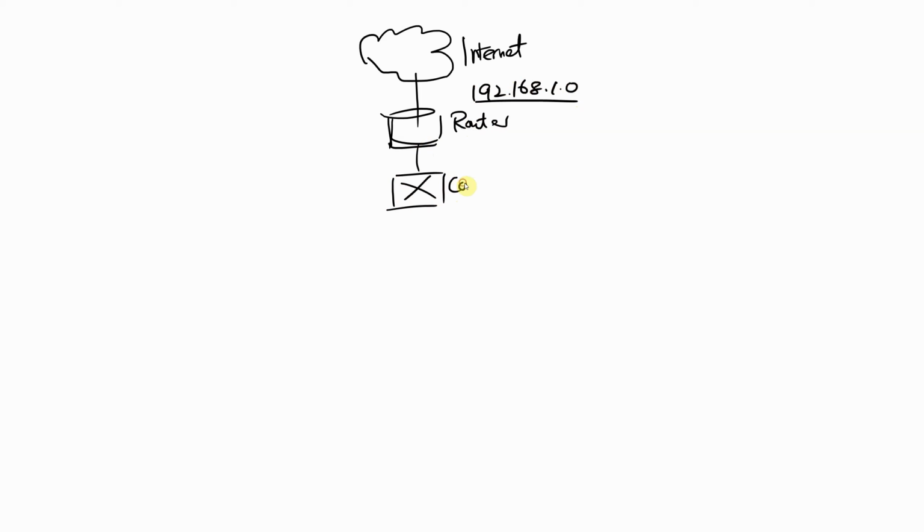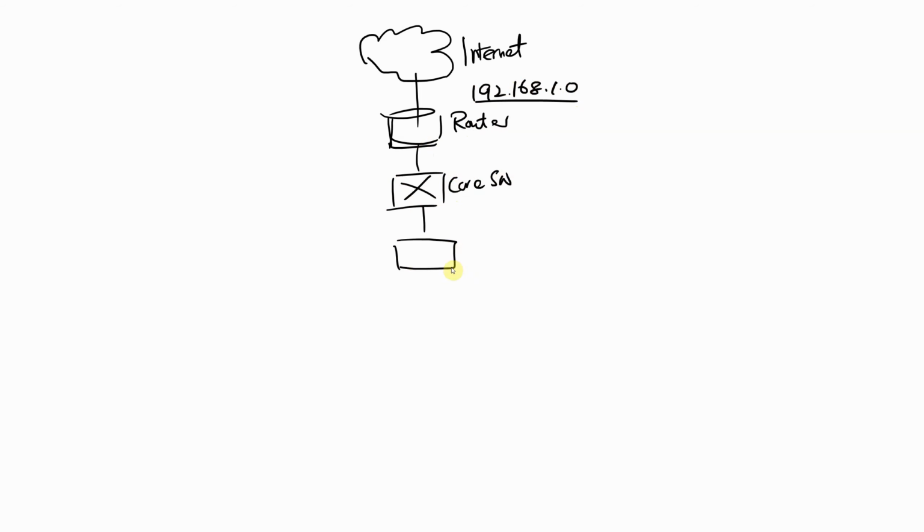Right. So what do we have here? We have the internet, right? This is the internet. Okay, and then next thing, we follow with your router. So this is your main router, which is the 192.168.1.0 network. So you only have one network at this point in time, existing. So you have a switch, right? This is your core switch,